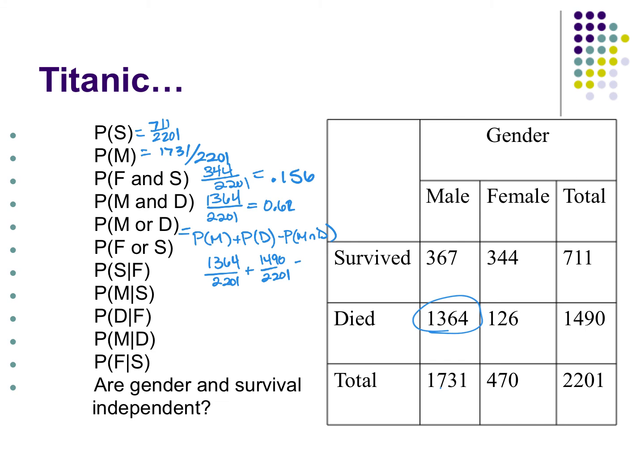oh wait, this is not right. This is our males, 1731, right? It's all the males, probability of being a male on the boat, right? So it's this, probability of dying, this, and then the both is the 1364. And so we just do 1731 plus 1490 minus 1364 is